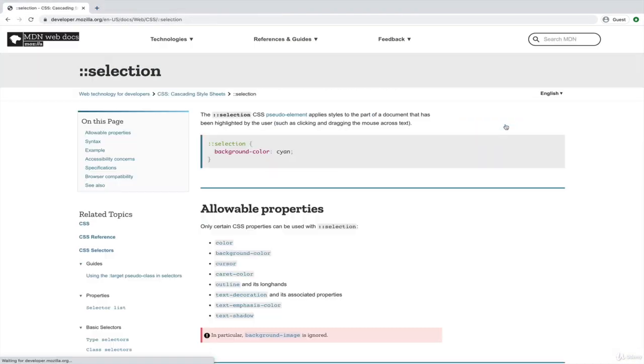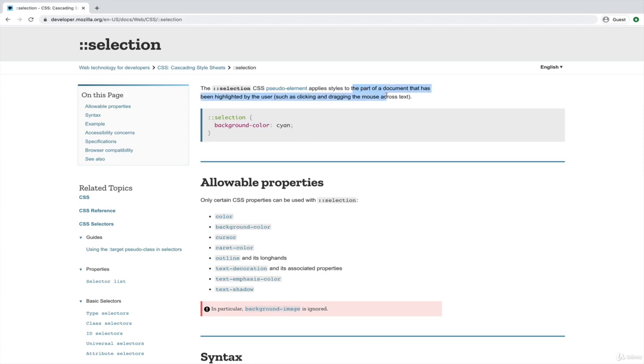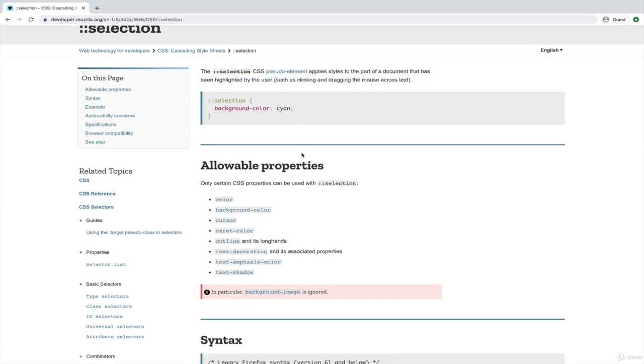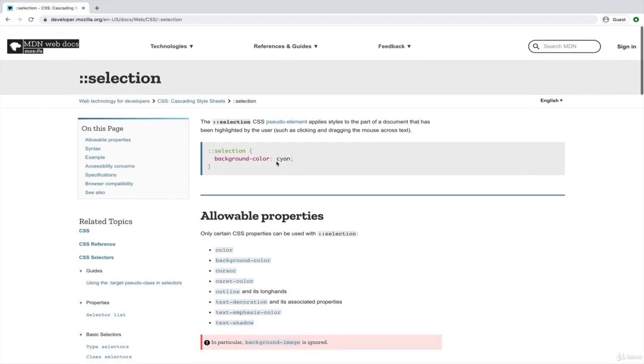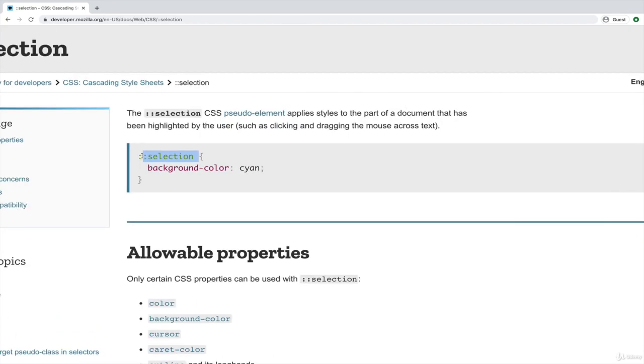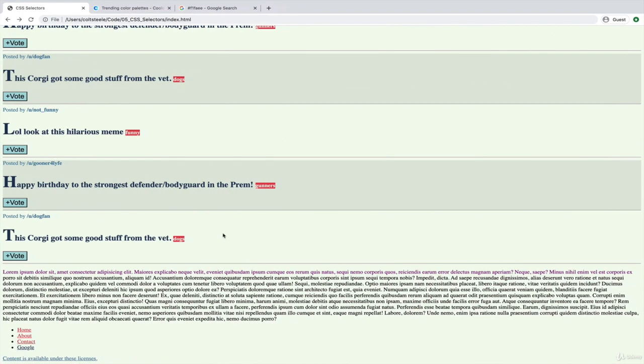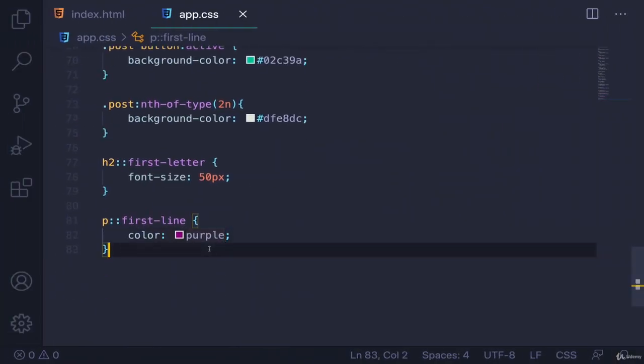And then one more we'll take a look at is selection. So this is going to apply to any part of the document that we have highlighted. It doesn't have to be any part of the document, but any part of some selected elements. As you can see here, we can change that style. And that's using the selection pseudo element. So where would I want to do that? We'll just play around with this paragraph. So when you select that paragraph,